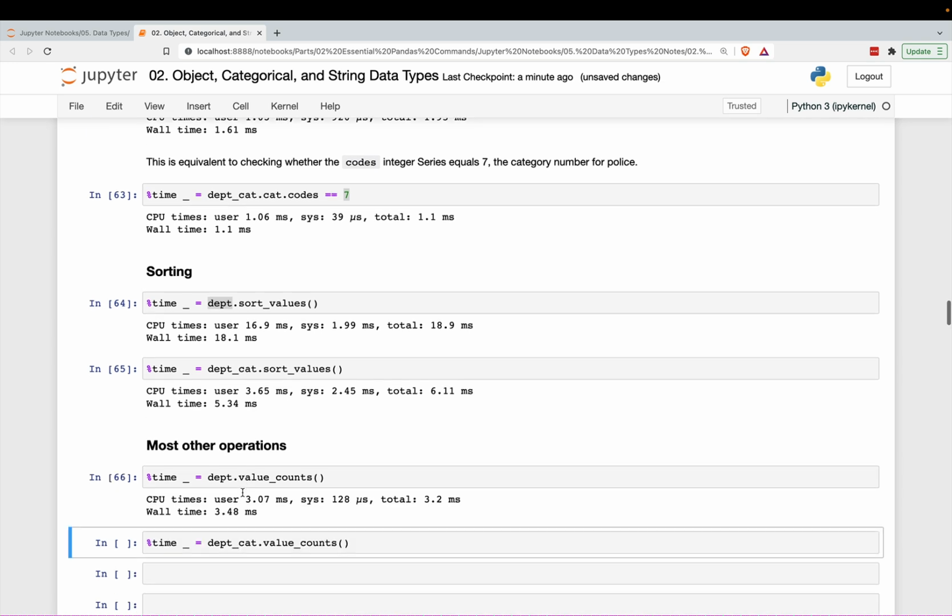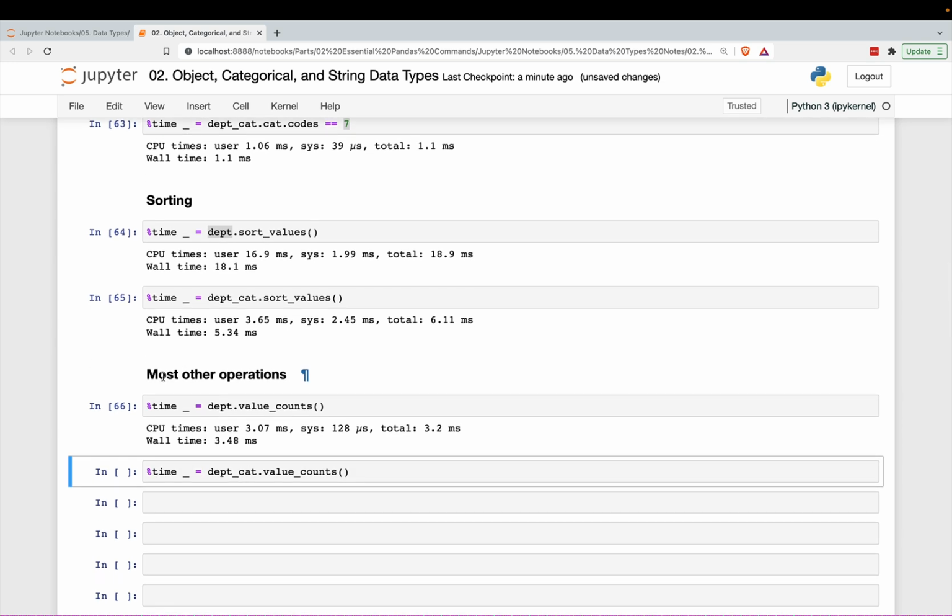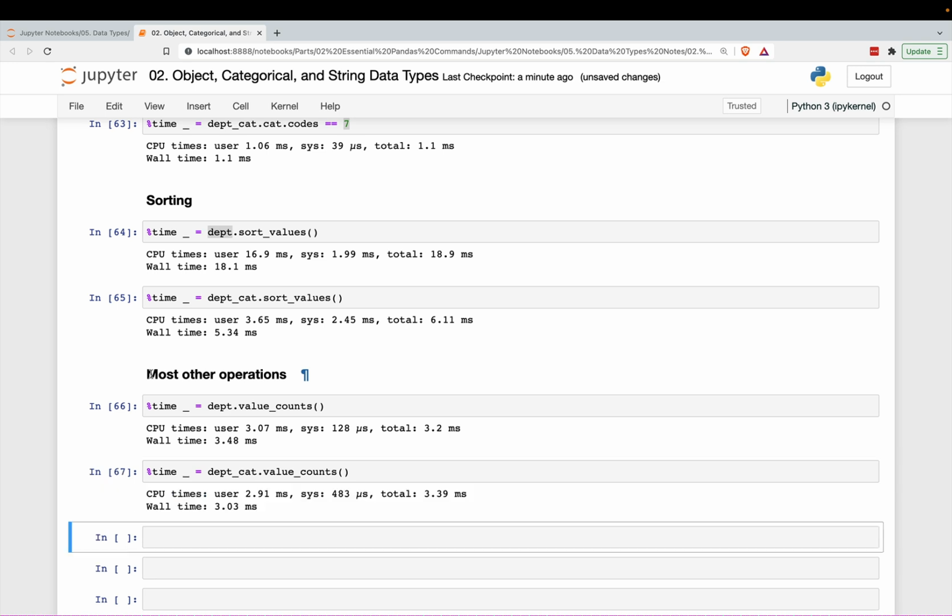Here's counting the values. Basically almost every operation should be faster just because of the way it's stored, right? It's stored as integers, and this array of integers underneath should be much faster than this array of objects that NumPy uses. Okay, so just a smaller speed up over here, but this could be because I'm recording live